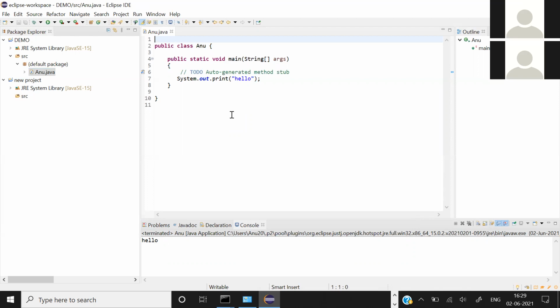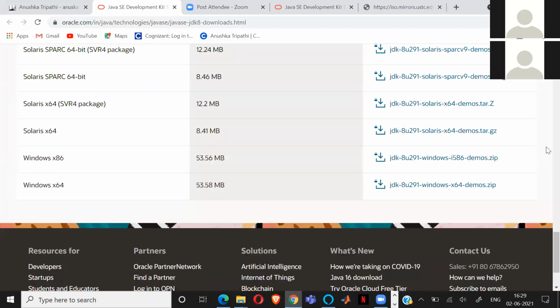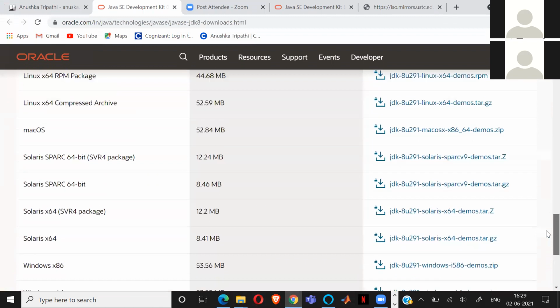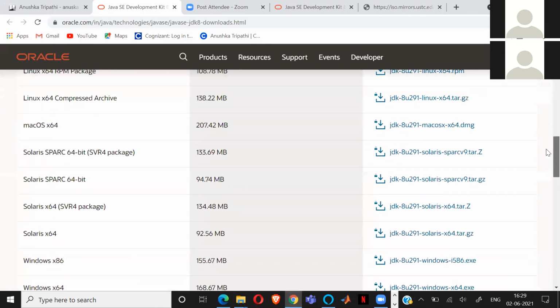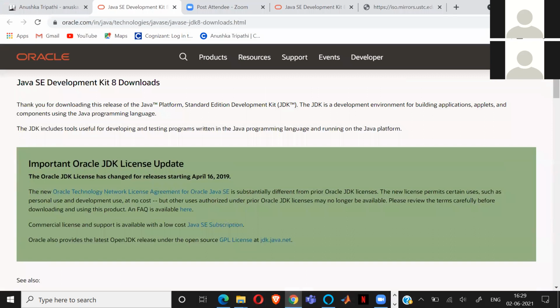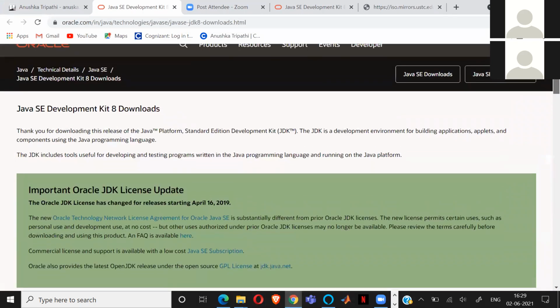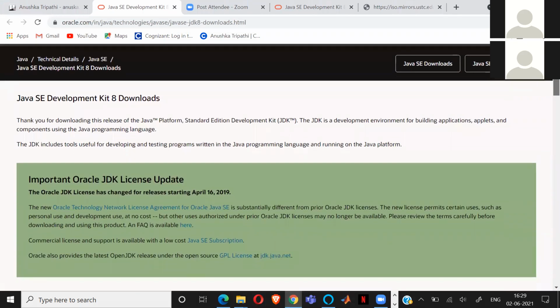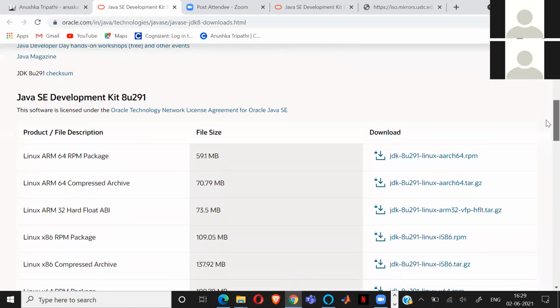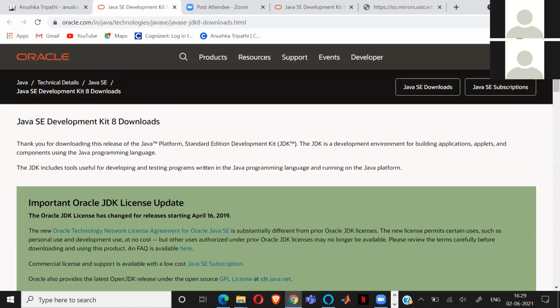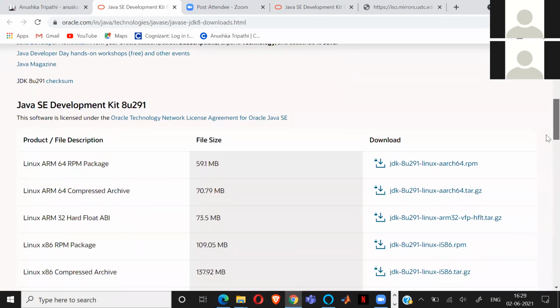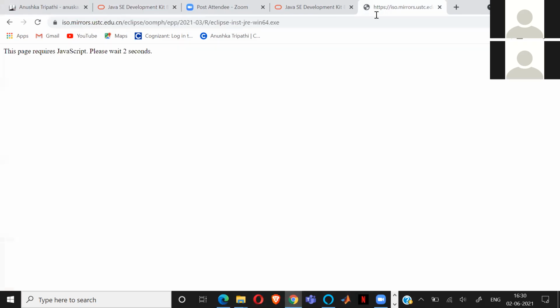Okay, you just go to the browser. What should I download? JRE. Is it there or should I type it? Just 1 minute. No, it is not there here because it is the JDK.